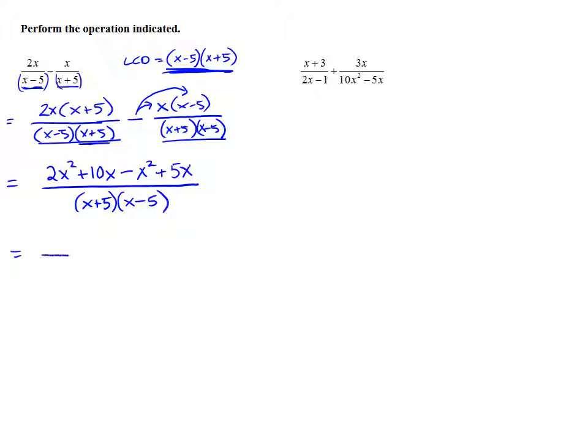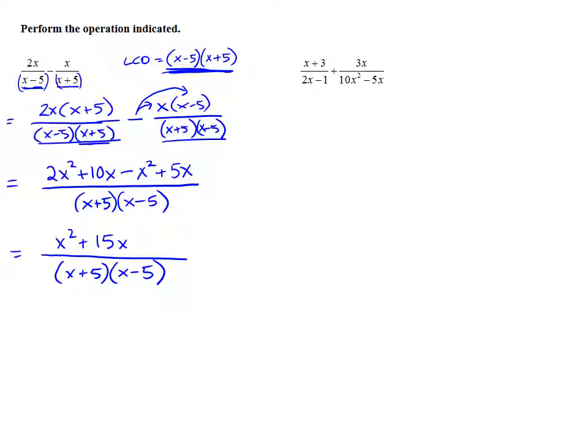Now we can collect like terms in the numerator and actually perform the addition. 2x squared minus x squared is x squared. 10x plus 5x is 15x. And we have a denominator of x plus 5 times x minus 5. At this point, we have a single fraction. We've simplified the numerator. We can try to factor to see if we get a simplified result. But in this case, you may be able to see it here, where even if we factor